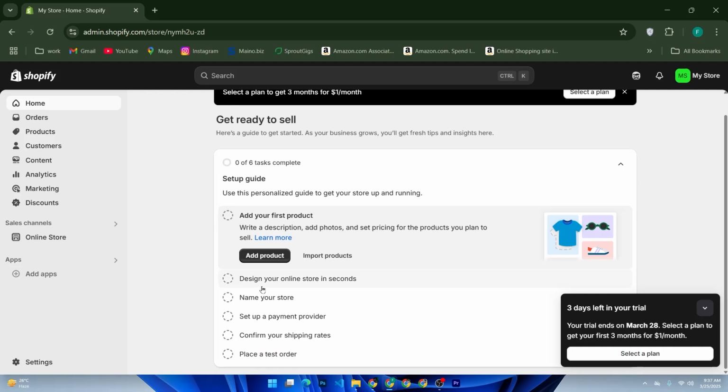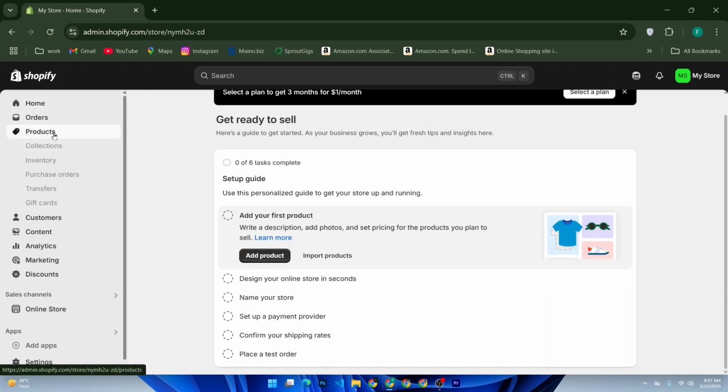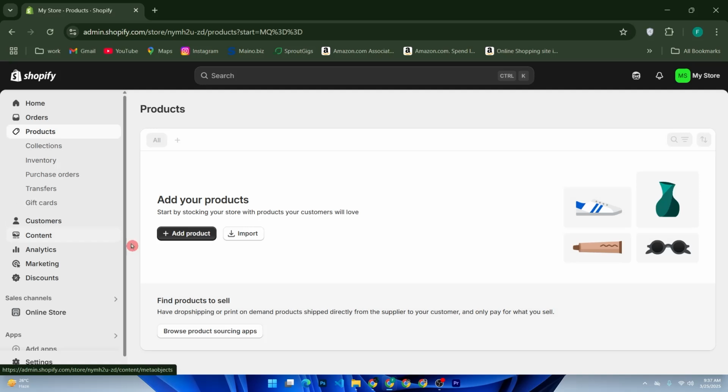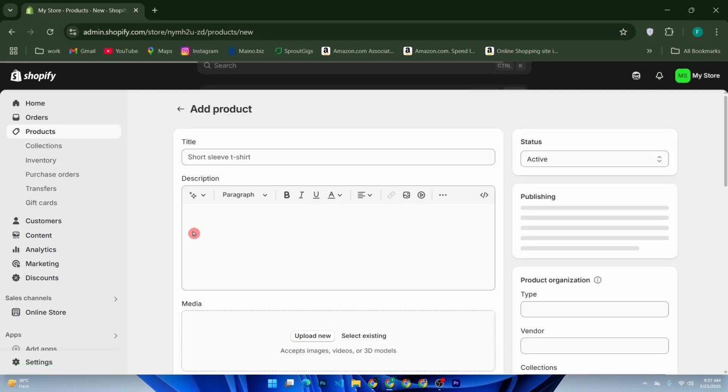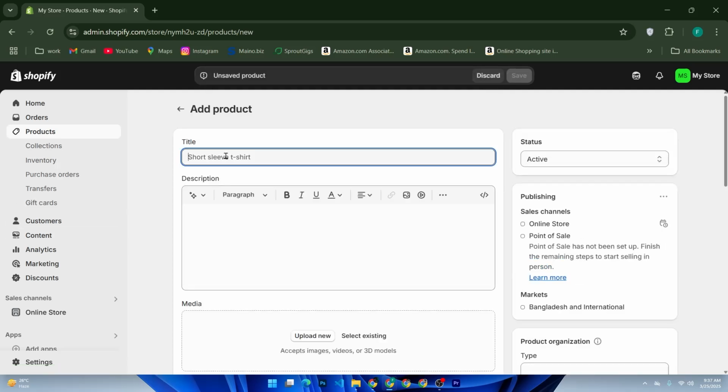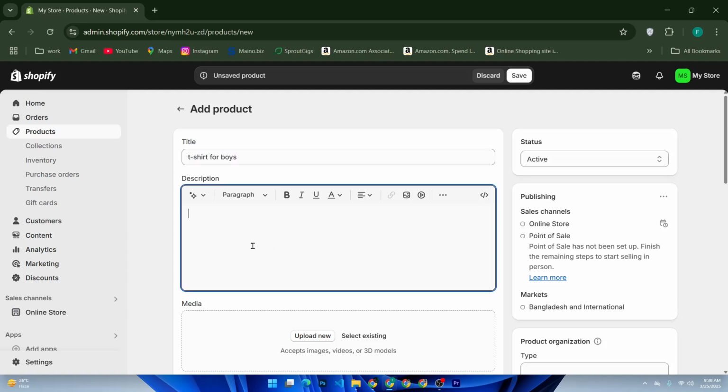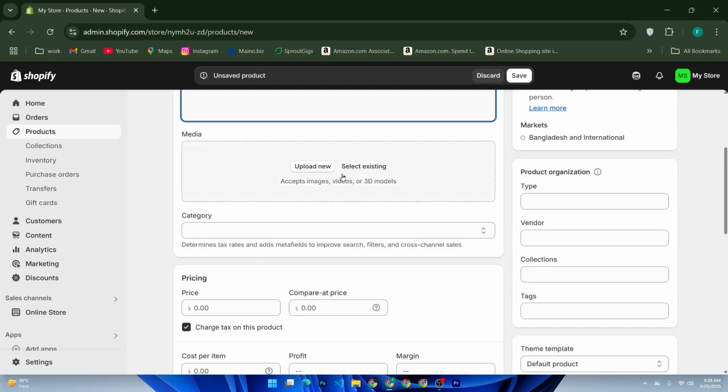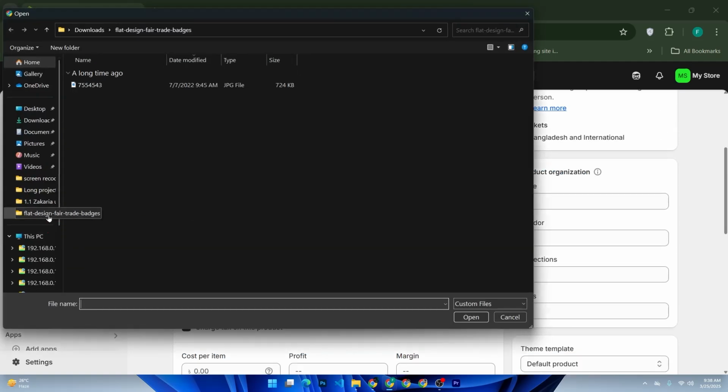Step 1. Create your pre-order product. Go to Shopify admin panel, then Products, then click Add product, then create a title for your product, like t-shirt for boys, then type your description, upload your images,